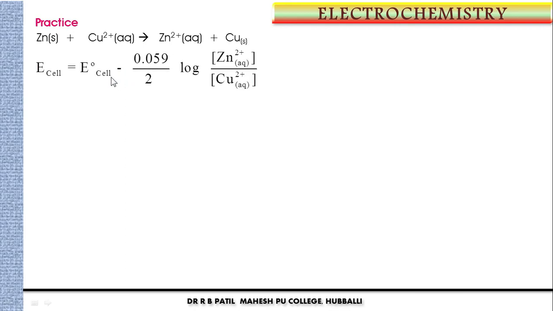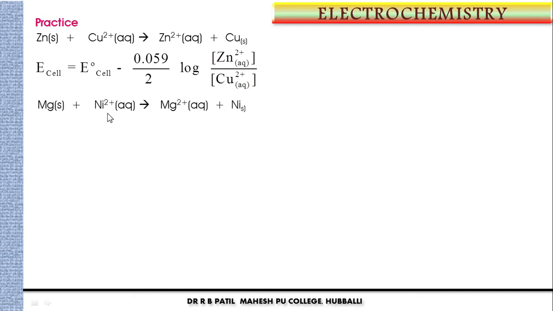Okay, friends, now let us see how to write Nernst equation for different cell reactions. Let us practice it. First one, the simplest one, that is a Daniell cell. For a Daniell cell, how to write Nernst equation? As I already told, it is product ion divided by reactant ion at the end you should write. So it is E cell is equal to E naught cell minus 0.0591 divided by 2 log Zn2 plus ion concentration divided by Cu2 plus, product ion divided by reactant ion.